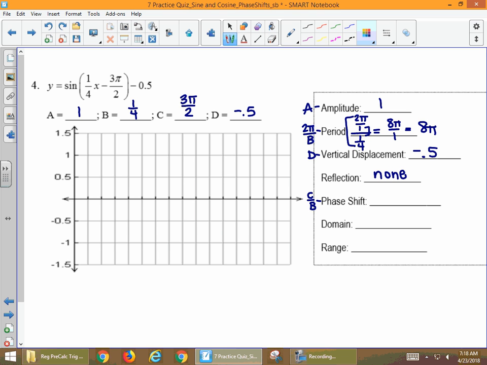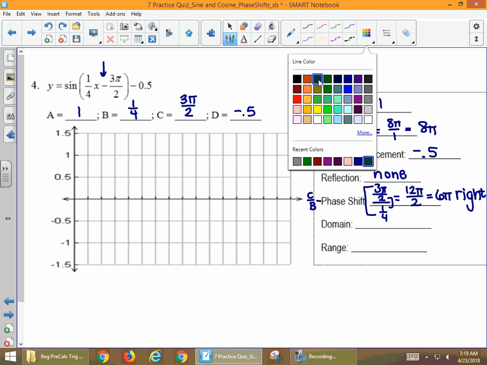Our phase shift is C over B every time. This one looks kind of funky. Let's see what happens. 3 pi over 2 divided by 1/4. I'm going to do 3 pi times 4. So that's 12 pi divided by 2. So that is 6 pi. And since I have a minus in the middle here, that's 6 pi to the right. Domain is going to be all reals. We'll deal with domain later. Okay, so